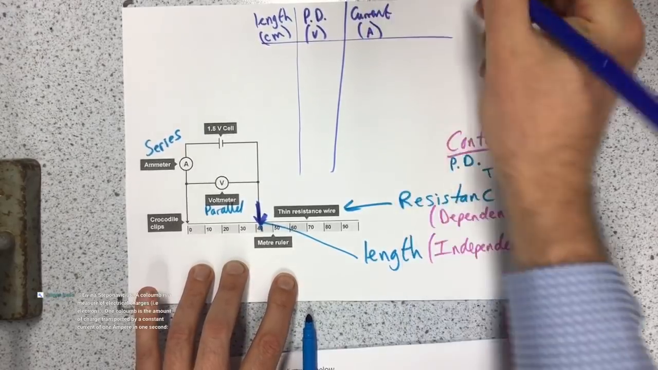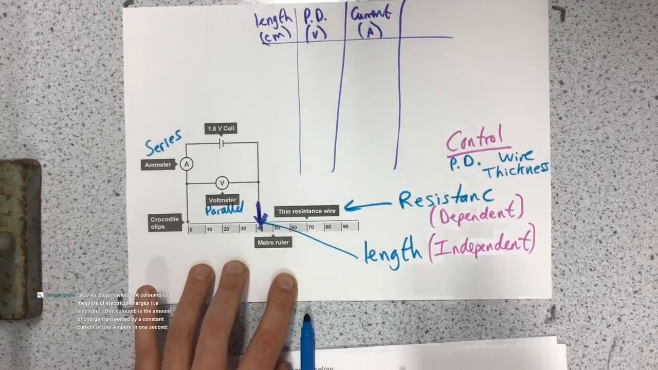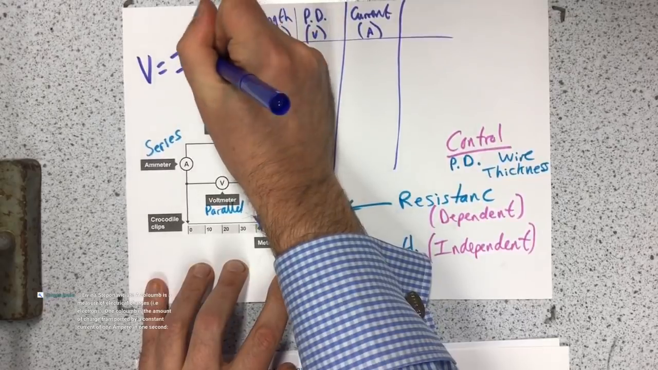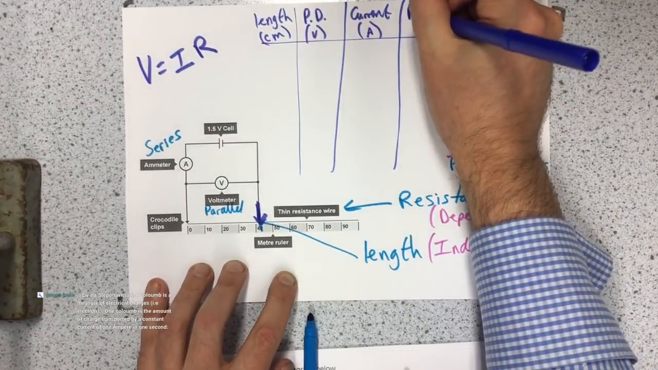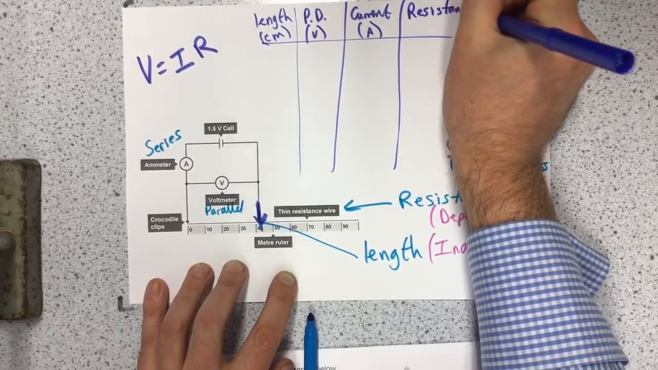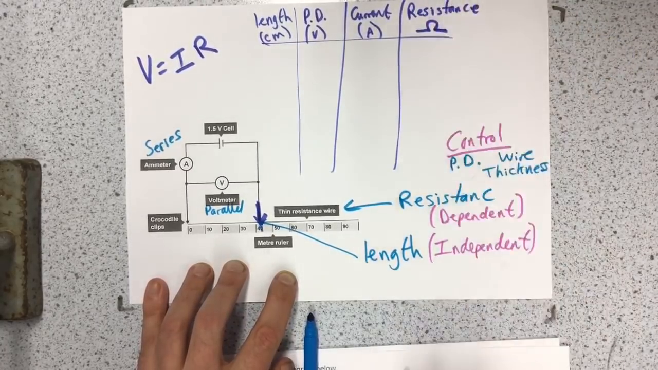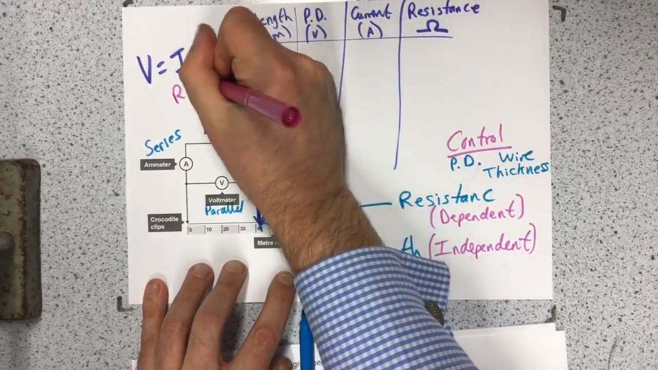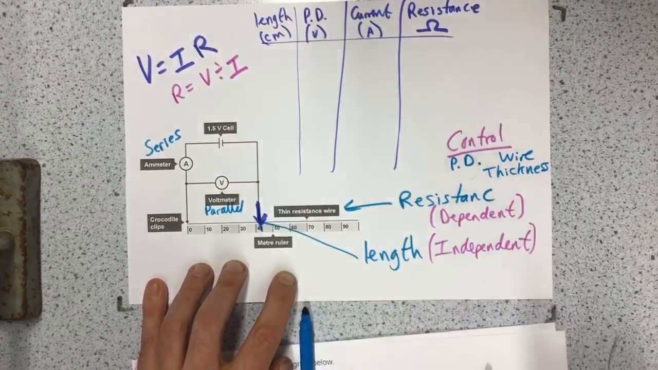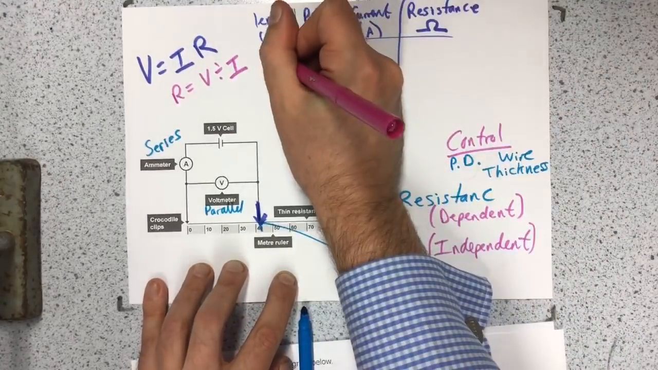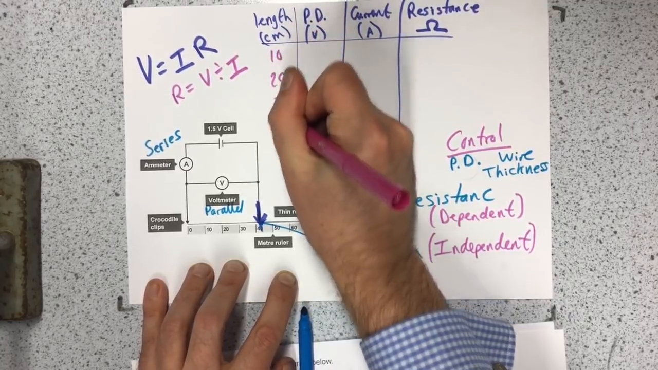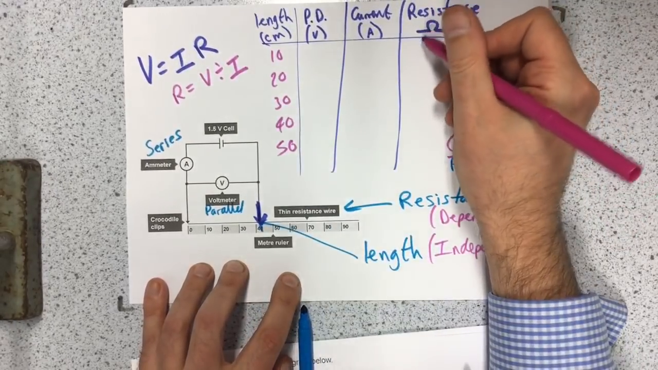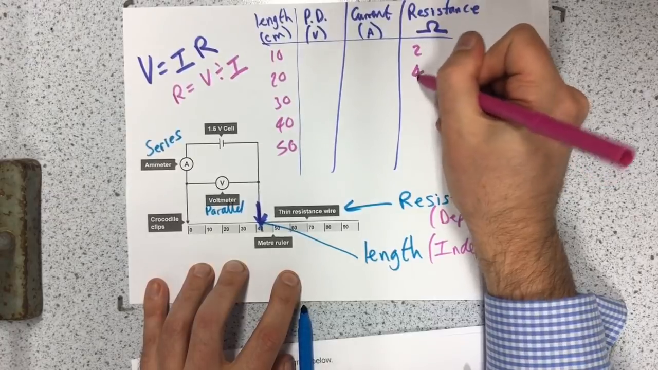in amps. And you need a final column at the end here, because we are going to use this equation, V equals IR, and we are going to work out the resistance of the wire in ohms at that particular length. So you rearrange this equation to give you R equals V divided by I. So you might have lengths of 10, 20, 30, 40, 50, and you would expect to get some numbers that might do something